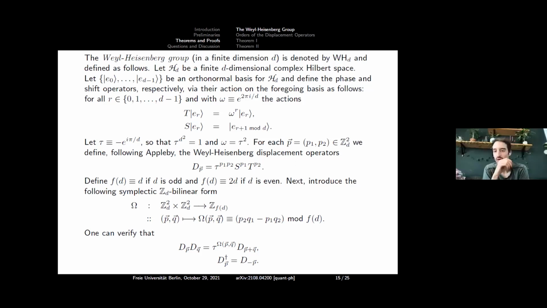Okay, so I know that the second cohomology group of Z_D squared is Z_D. So there are D inequivalent projective representations for Z_D squared. Well, this is a fact. But actually, which equivalence class this projective representation is in tells you how to find the irreducible subspaces, the irreps. Like how to diagonalize this.